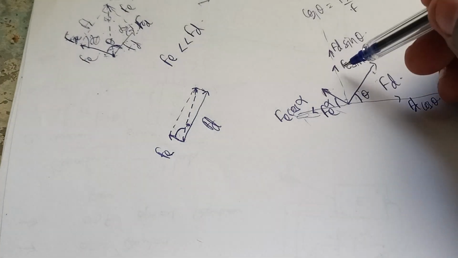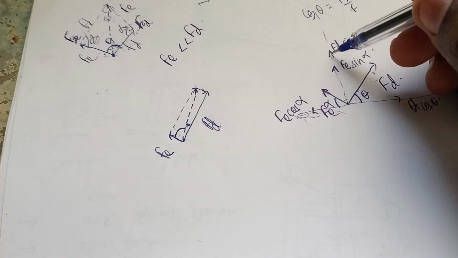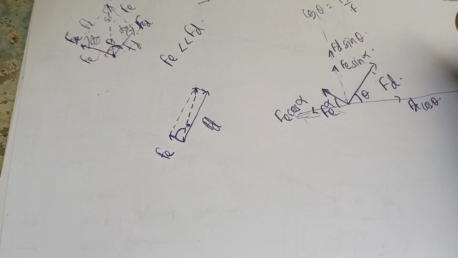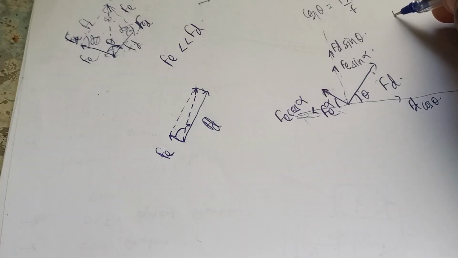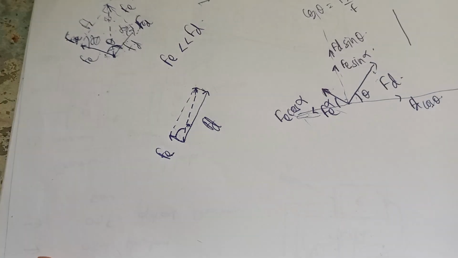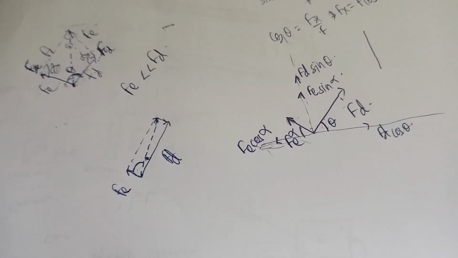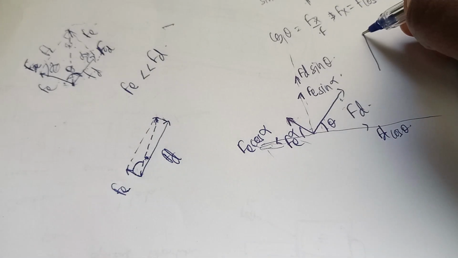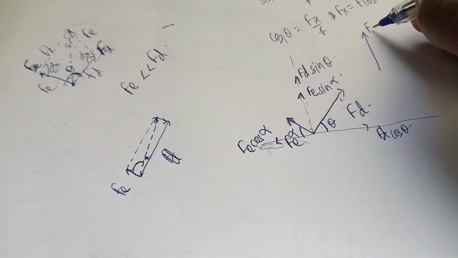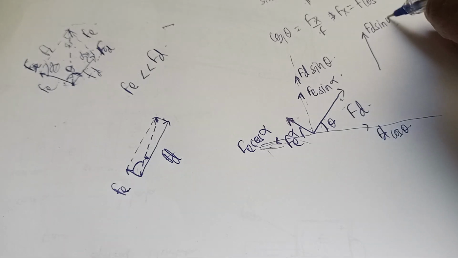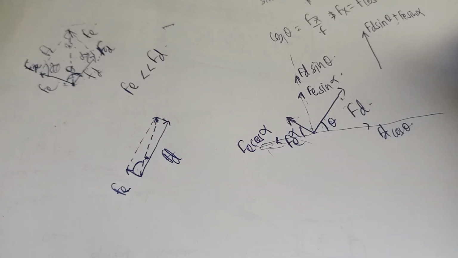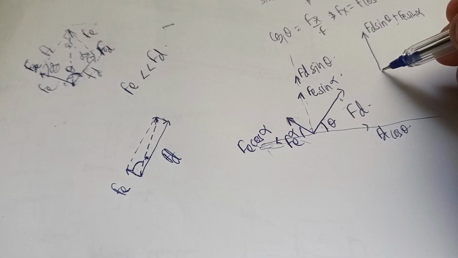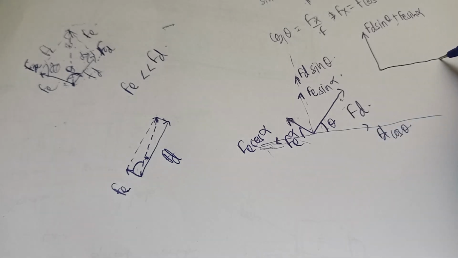So I can take these forces aside and draw a right angle triangle. This will be the height of this triangle, so here it will be Fd sin theta plus Fe sin alpha, right? The net force, that means you just add these two forces. And the net horizontal force,